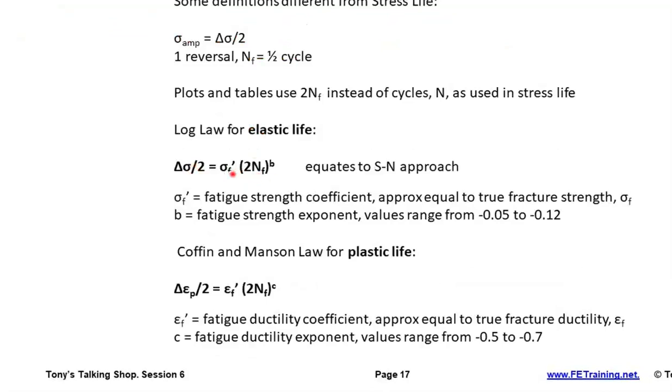We've got the two unknowns, the coefficient and the exponent. That's just the SN approach. So it's just the SN approach cast in a different way. Now, the breakthrough was that Coffin and Manson and other workers said, if we go for low cycle fatigue, where plasticity is clearly present, let's mathematically take out the plasticity and see what happens. And lo and behold, if we take out the plasticity, we end up with, I haven't drawn it, but basically